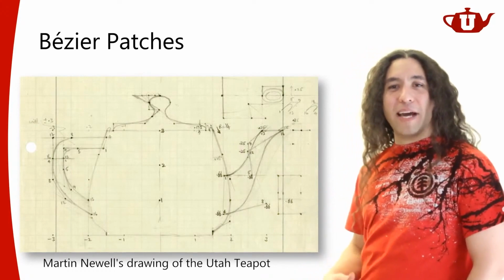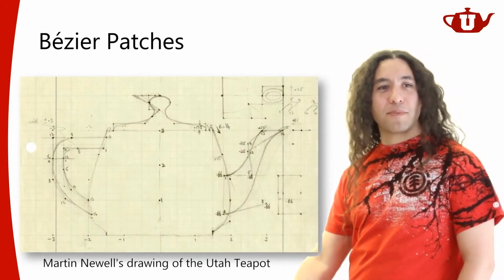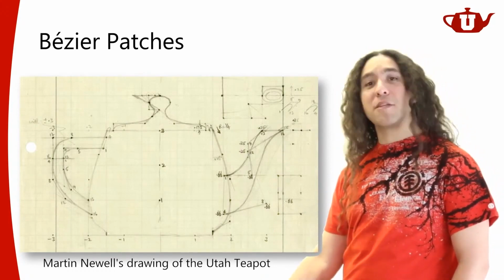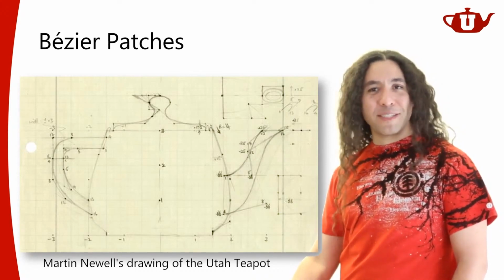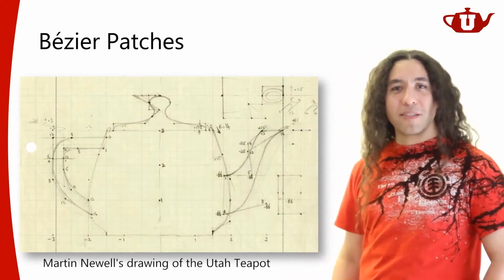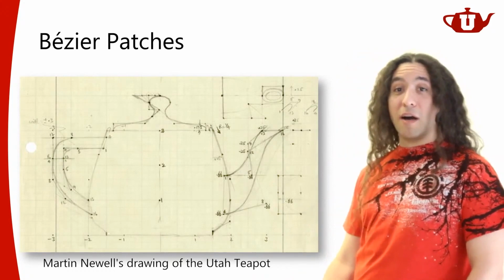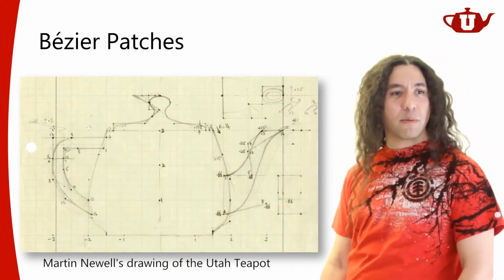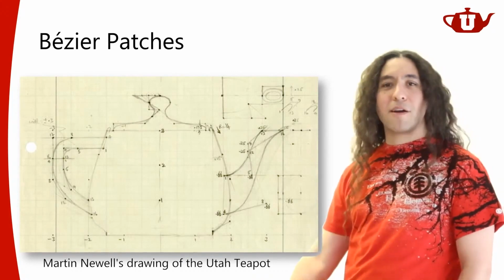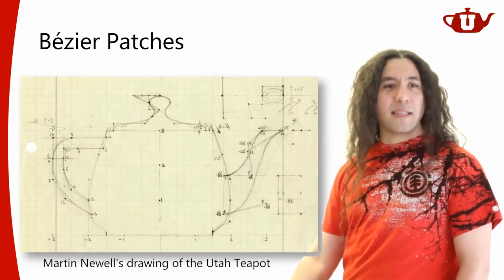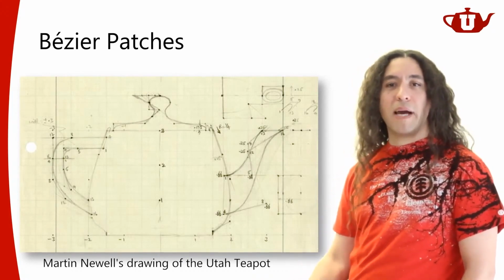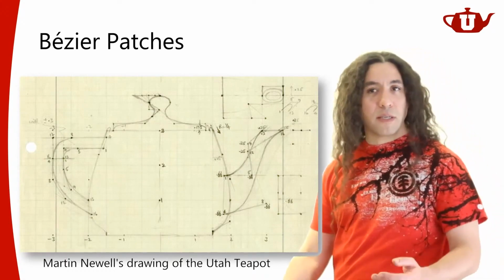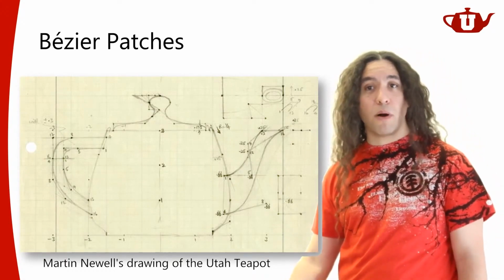Now, there's a history of that on our graphics website, graphics.cs.utah.edu. So check it out if you're interested. But yes, the Utah teapot is an example of a collection of Bezier patches. It actually contains multiple Bezier patches. So we have our lovely teapot. That's not necessarily a popular method for defining surfaces in computer graphics today. We have more popular methods.